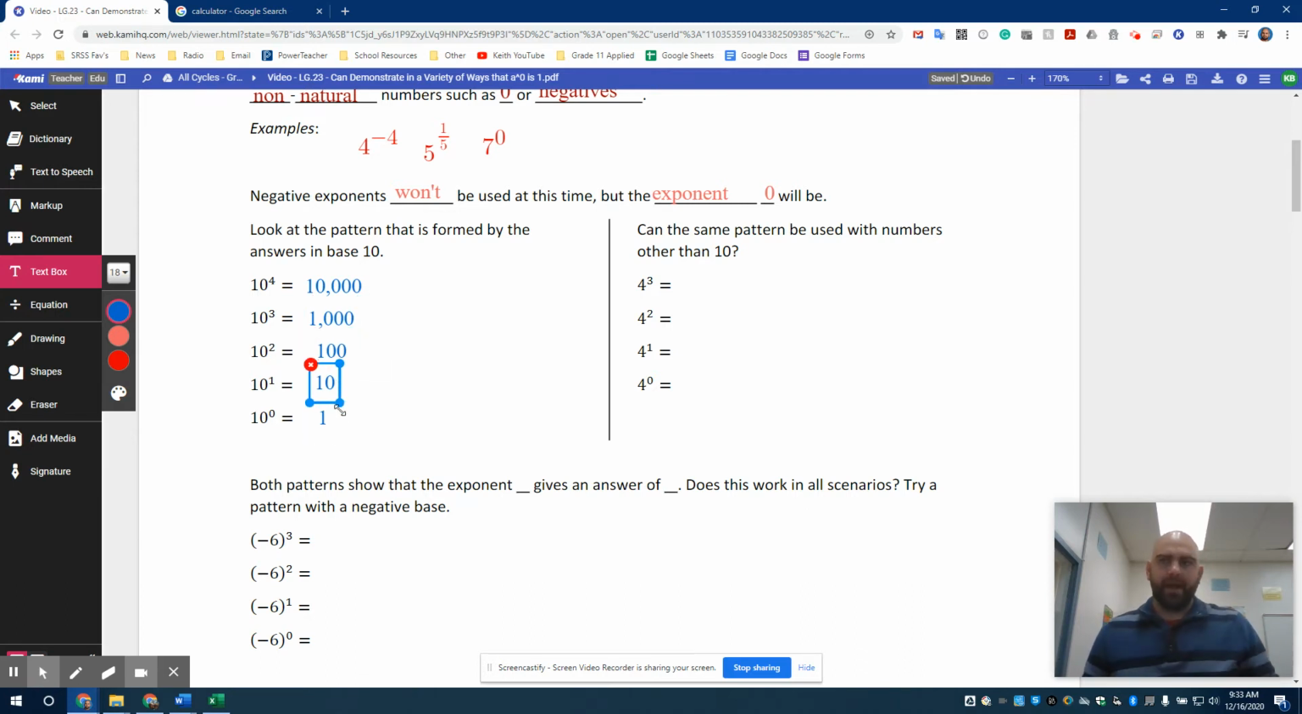Now, is there a pattern that's forming here? Well, yeah, it's the number of zeros that we have. That's kind of the pattern that it's forming. But it doesn't really tell us a whole lot about what's going to happen with a 4, because 4 is very